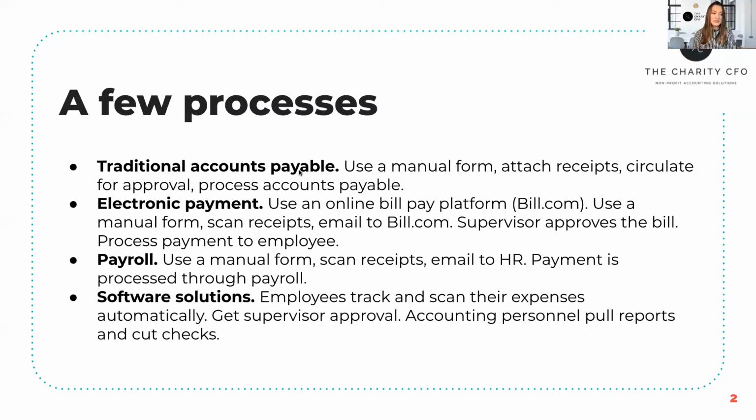But rather than sending the payment documentation to your accountant, you typically send it to the person that's processing payroll, which might be HR. Payment is then processed through payroll. I will tell you from an accounting perspective why I don't like the payroll process. Yes, it's efficient for getting direct deposit to the employees, but one of the problems is that